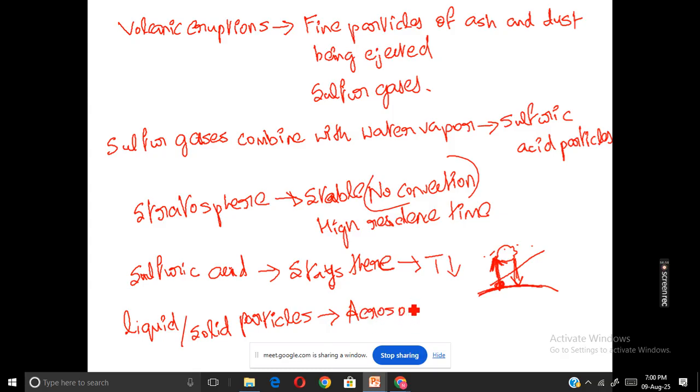In the atmosphere, apart from the atmospheric gases we talked about, there are also aerosol particles, which are very tiny liquid or solid particles emitted from the surface. Aerosols reach the atmosphere not only through volcanic eruptions but through different processes like natural processes